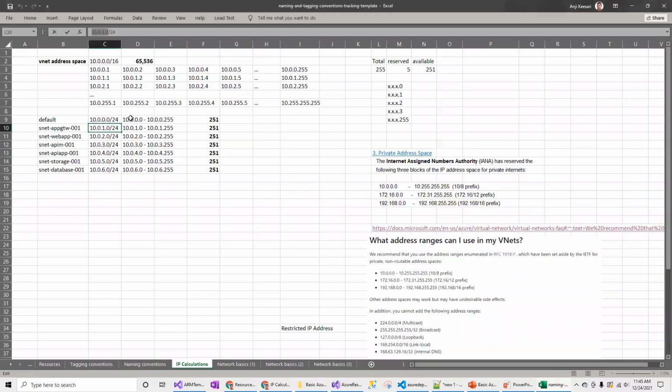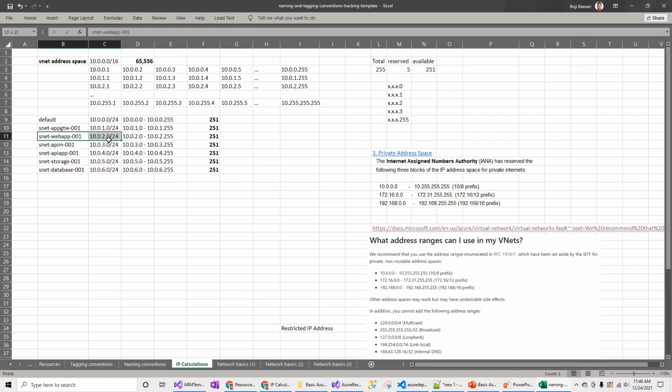That's how I calculate here. That's how the numbers will be coming up to 255. So you see 1.1, 1.2, 1.3. The last number will be increased and I will be calculating all the way to 255. That's why I will be getting 251 after subtracting the reserved numbers.